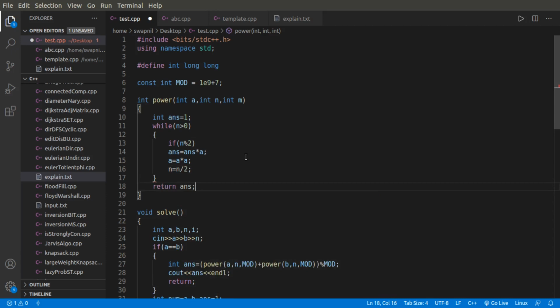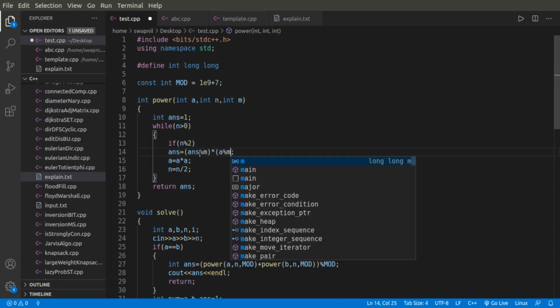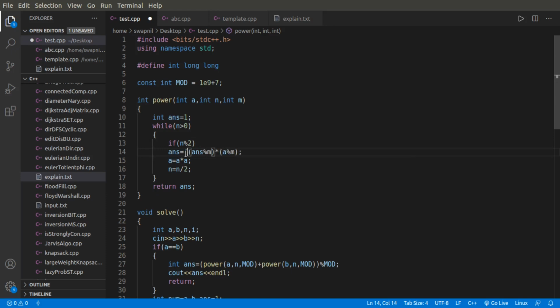Okay, and now that we have included another term to this fast exponentiation part, which is the modulus part, we will also have to replace all the values by modulus m, right? Here it will be modulus m whole modulus m, and here also whole modulus m, and we will also have to put each of the terms as modulus m.